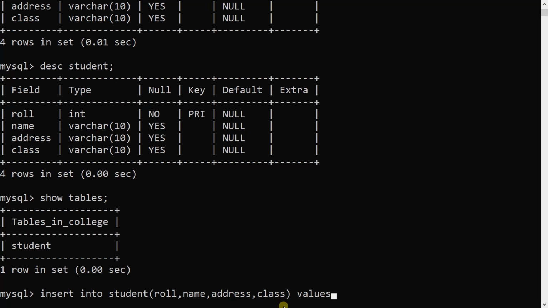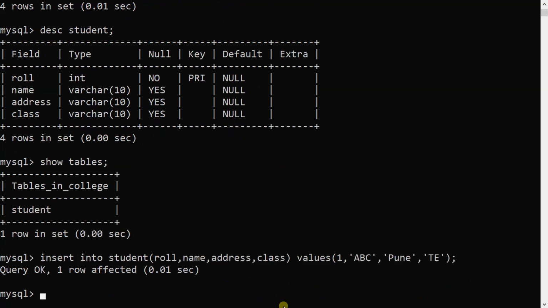Then values: what are the values for those attributes? Roll is an integer, so we will take an integer value. Name is a varchar, so we should enter it inside double quotes or single quotes. So here I will use ABC as a name. Then address, and then class. So, query OK, my one record is inserted.